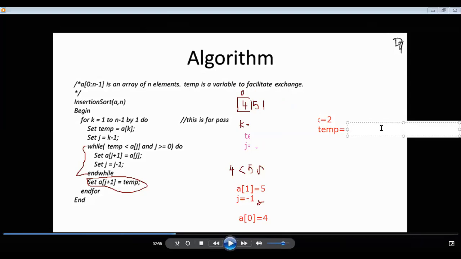So temp equal to A of K. Now K equal to 2. So A of K is 3. Nothing but, what is the meaning? I'm starting from here, and I have to check. That is, I have to travel backward. Correct. So I have to travel backward. That is why each and every time we are putting J equal to J minus 1. Right. So I have to go backward. This I have to cross check, and with this also I have to cross check. Right. That is why we are checking it should be greater than or equal to 0. Also, each and every time we are decrementing. This is the purpose, right?